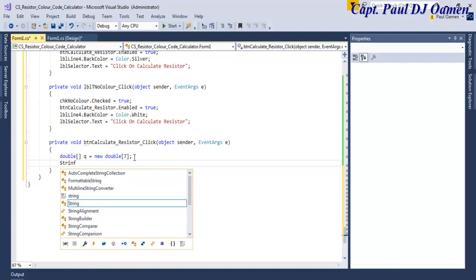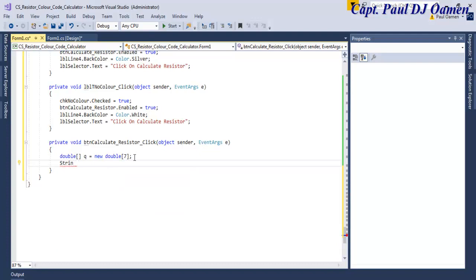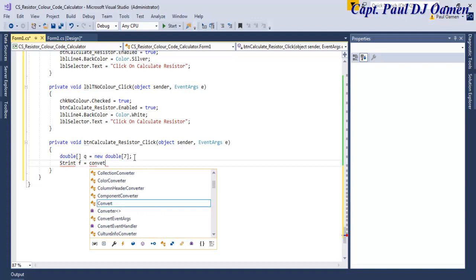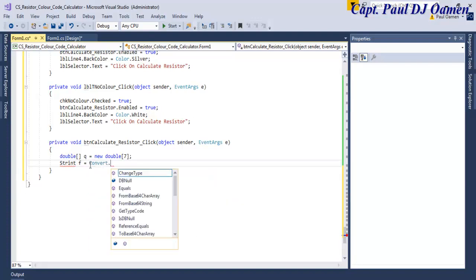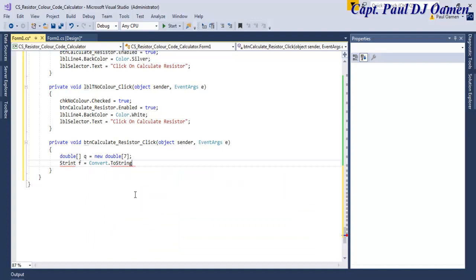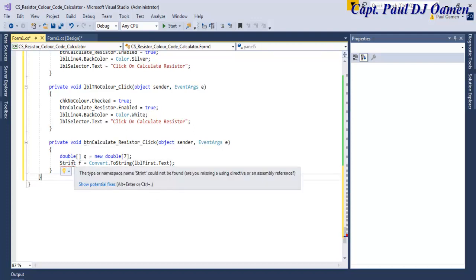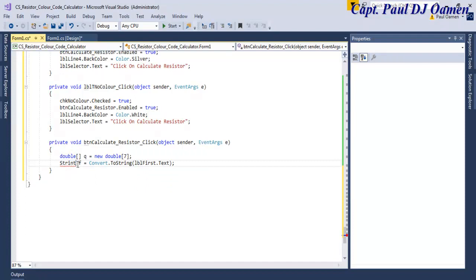Okay, now I'm going to create some string value f, that will be for first number, equals, let's say Convert.ToString, and what we are converting is going to be the text content inside LBL first dot text, that goes inside f. Right, spelling of string is incorrect. That should be there. So the next one is going to be S. S stands for second. Change this to S and just change it to second,